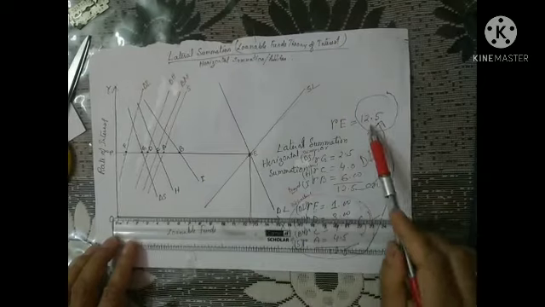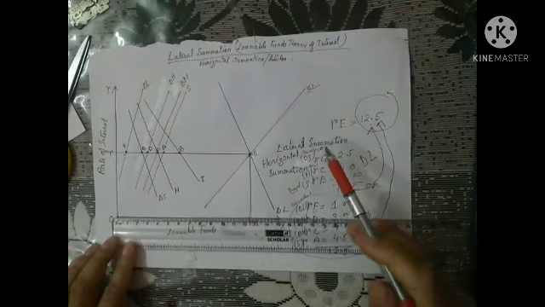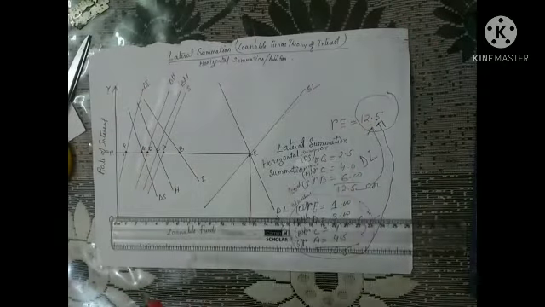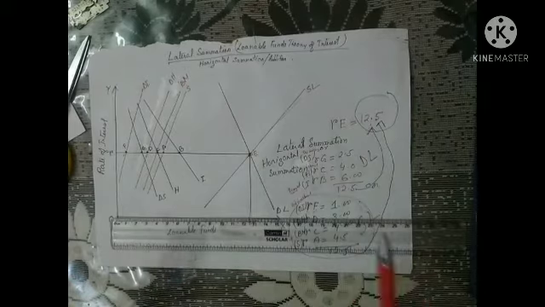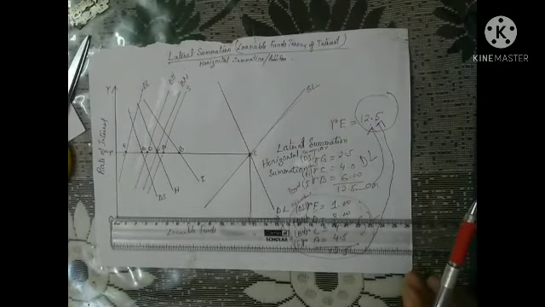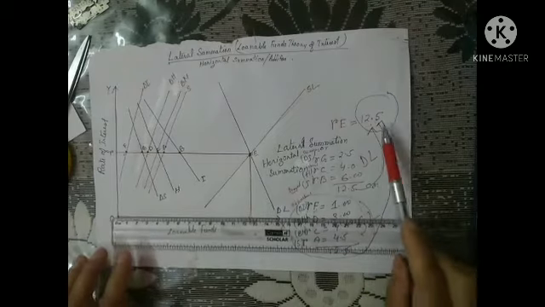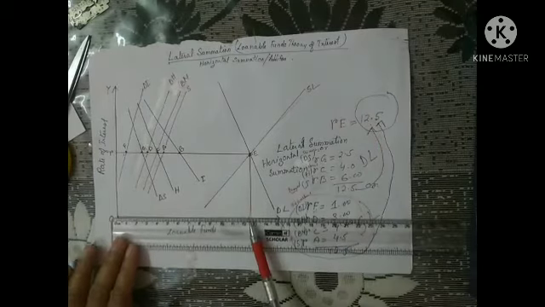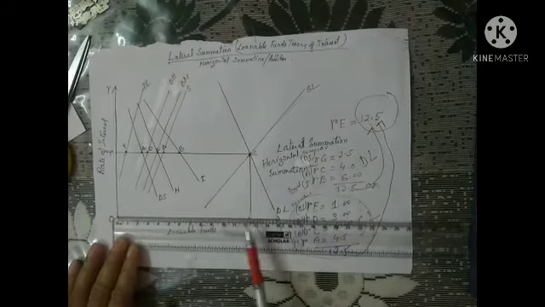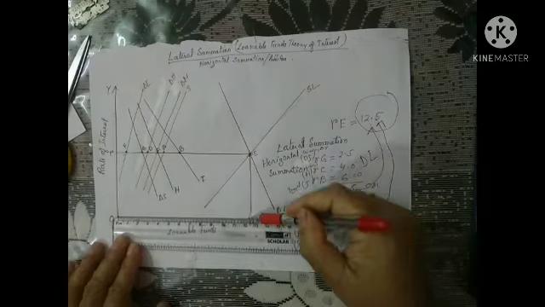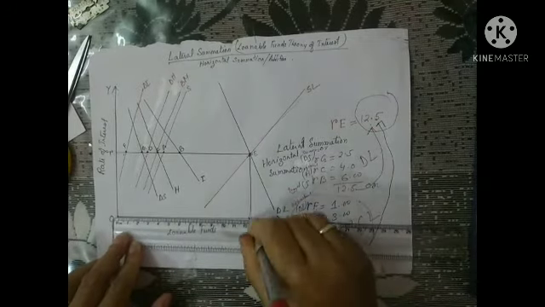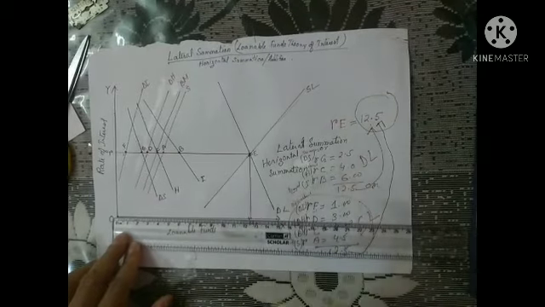Then you will draw the OX axis, and the OX axis must be more than 12.5 centimeter. I have taken 15 centimeter, and you can see that I have turned the page in this direction, in landscape mode, not portrait, because in portrait it would be difficult to draw. I need 12.5 centimeter, so the OX axis must be more than that. 12.5 centimeter is exactly here. Put a dot here.